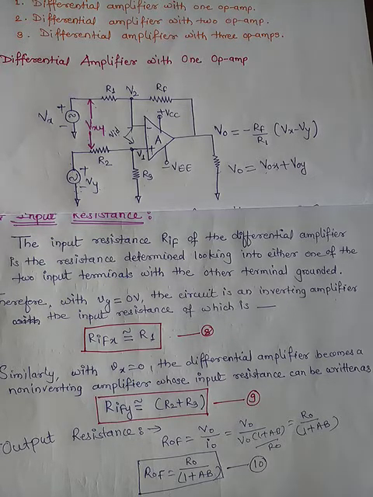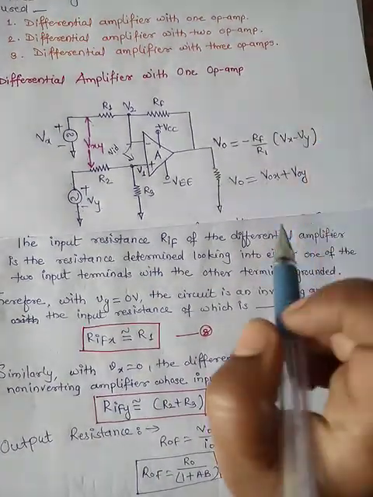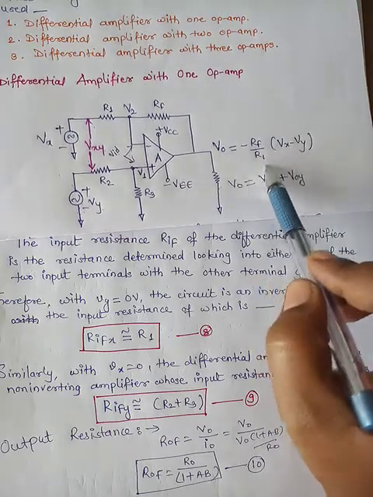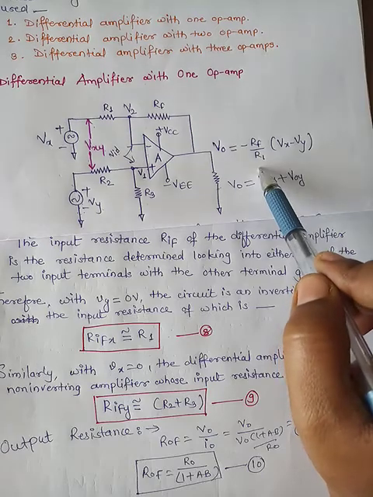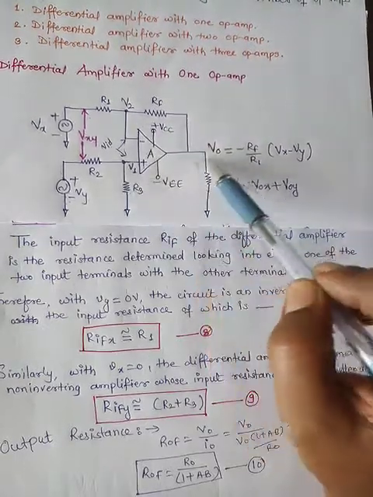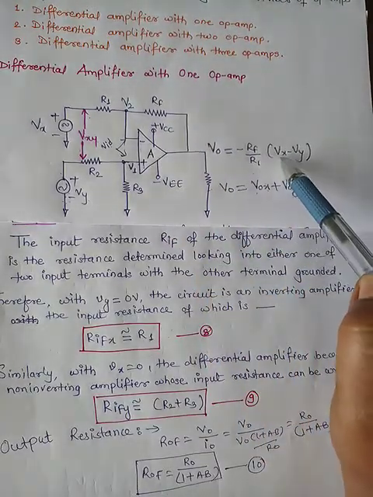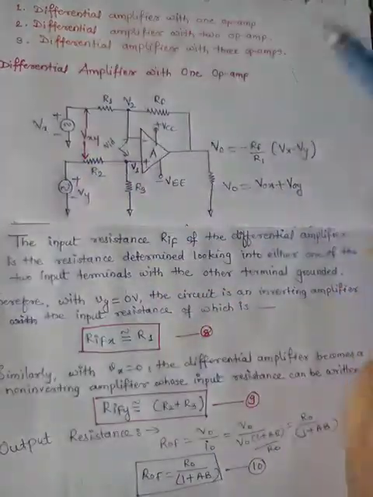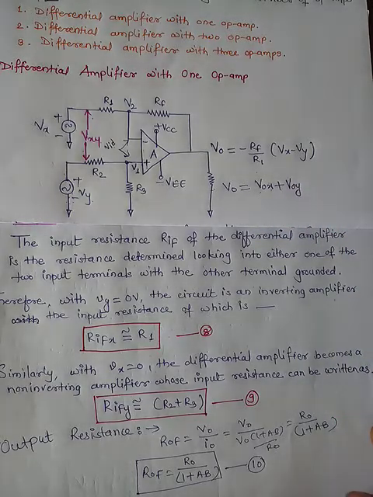So in the coming lecture we are going to see the differential amplifier with two op amps, its voltage gain, and also we are going to find out the input resistance of the differential amplifier with two op amps. See, one thing we have found here is that when we are using the differential amplifier with one op amp, its voltage gain is similar to the voltage gain of the inverting amplifier, which is minus Rf by R1. Okay, so in the next we can see that this is similar to the inverting amplifier. Gain is simply similar to the inverting amplifier, and the differential input voltage is voltage at inverting minus voltage at non-inverting. And we have used the superposition theorem. Thank you.